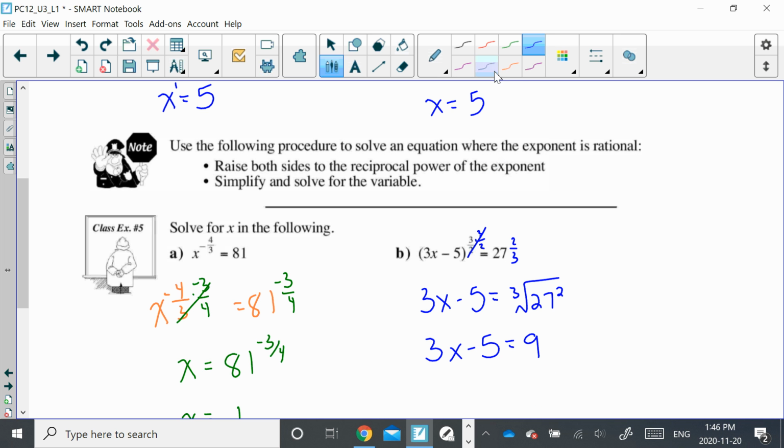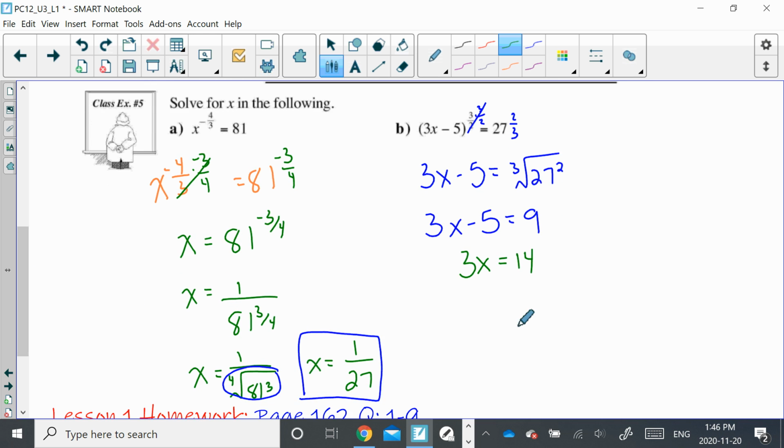Okay, we need to solve for x, get rid of that 5, add 5 to both sides. 3x is equal to 14. Divide both sides by 3, and we are going to have x is equal to 14 over 3. From here,